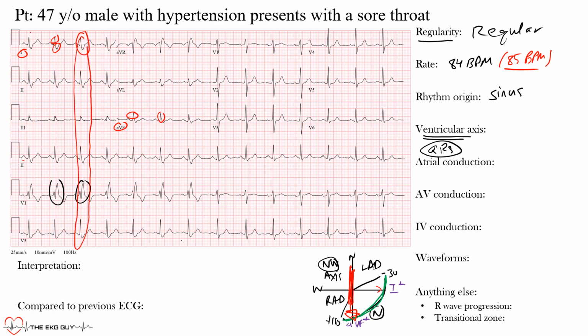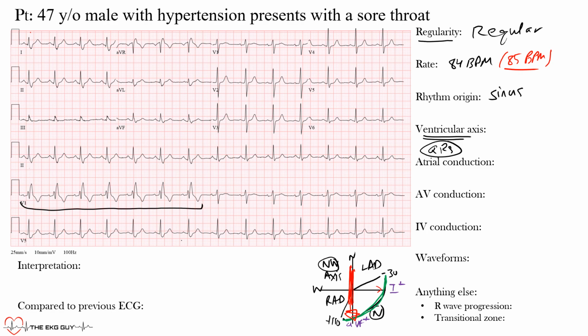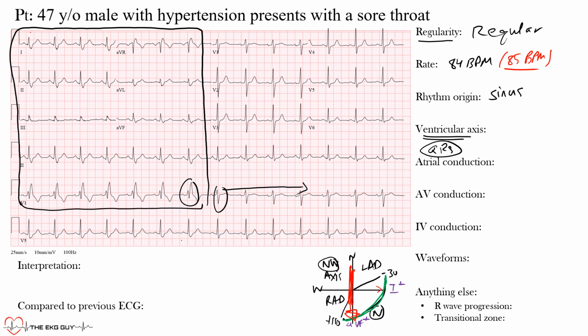And as we look through from left to right, notice that these first few complexes, let me just erase this so it makes sense. This is an important concept, and that's why I'm showing this EKG, because it's quite interesting what we have going on. So these first few complexes, which are all occurring at the same time here, are different. This one is different than the ones that follow after it. Because of that, we are basing our ventricular axis on these beats here,